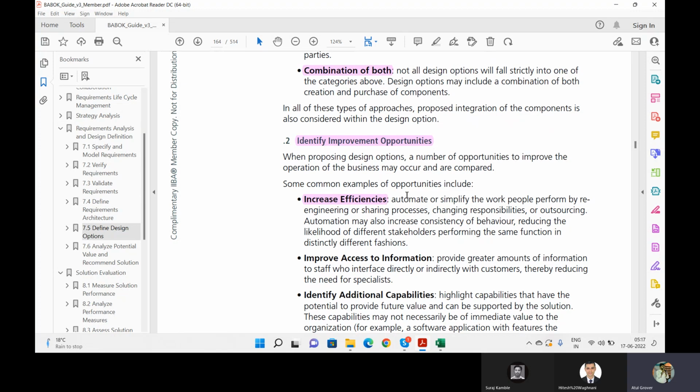So either you can automate something to improve the efficiency, or simply ask people to perform the re-engineering or the sharing the process kind of things. That is part of the efficiency. Means anything you can add, improve access to information. भाई पहले कोई इंफॉर्मेशन पढ़ना बहुत मुश्किल हो जाता था. Now I'm putting the things in such a manner that everybody is able to access that particular information in a